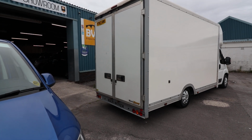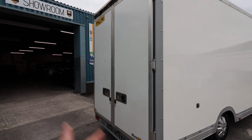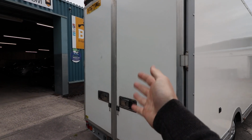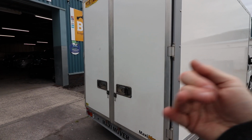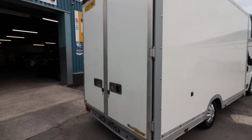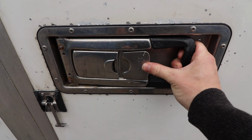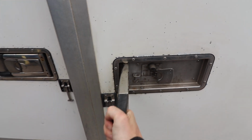Starting here at the rear of the vehicle, there's basically two ways that Luton vans get spec'd at the back. One is with rear barn doors like this, two doors which open, and the other one is with a roller shutter. I can open these rear doors for you. If you see on the handle here, push on that, the handle pulls, and then you can open the door right out